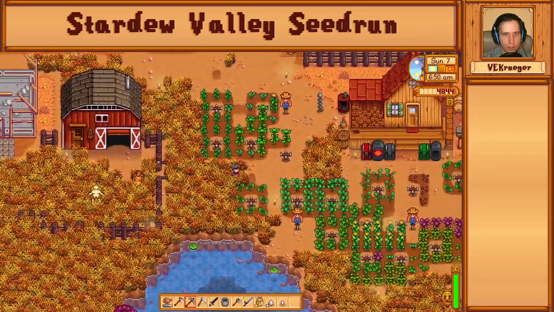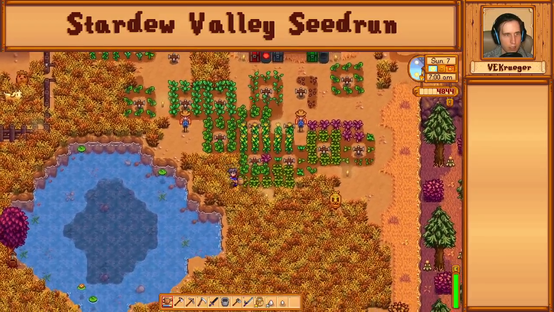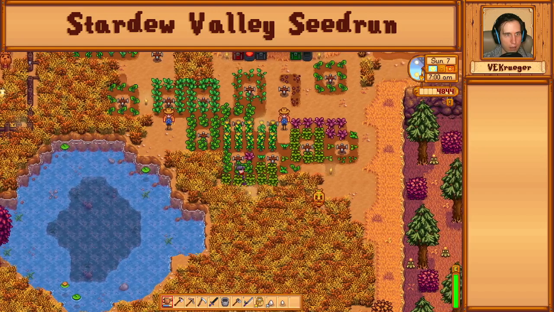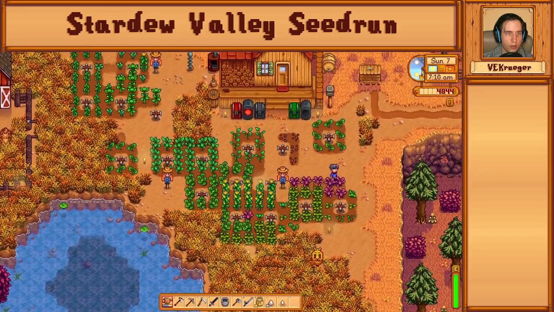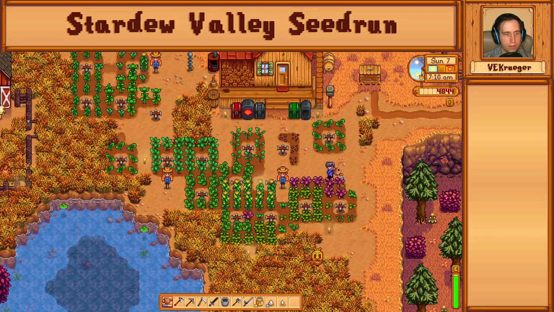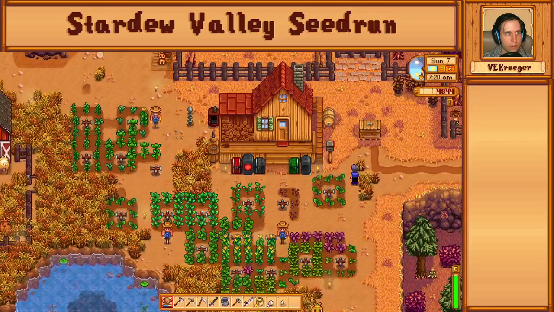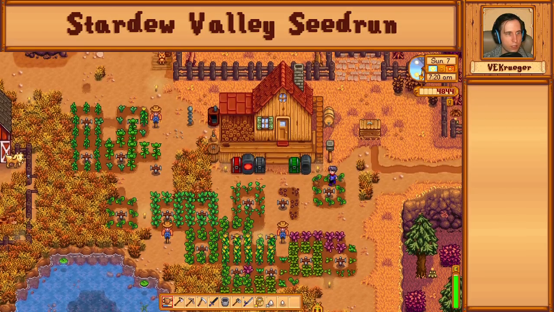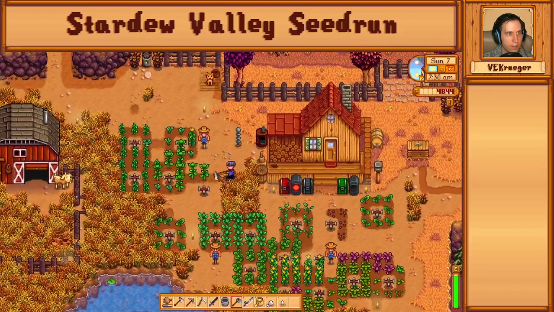And then I just have a few spots to water. Not much at all to water these days. Then I'm gonna go say hi to Pierre. Oh no, I should go to Marnie first and make sure that I probably don't have enough money for my pig. You know, realistically. So we'll have to do something about that. I'm going to preemptively size out...